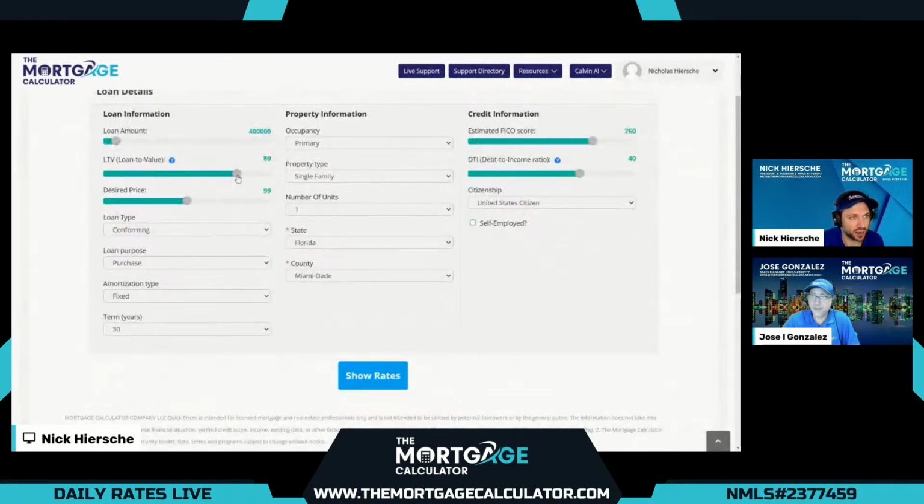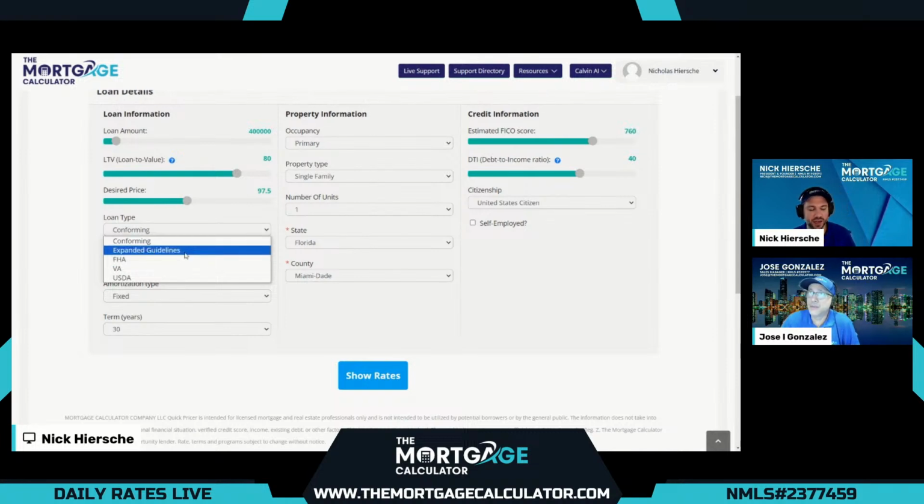So 400,000 loan amount, 80% loan to value, and we'll ask the computer to find the lowest rates we can offer for conforming conventional first, and we'll compare that to FHA, which is usually the second option most borrowers look at. And then we'll check out our expanded guidelines, also known as non-QM, where we have over 5,000 additional programs beyond the standard here. We also offer VA and USDA. VA is only for our eligible vets and active service members. If you are, just let us know. And we did do an episode on that the other day if you want to check out the programs we have. And USDA is only for eligible properties. If you are looking in those areas, just let us know. And we did do a show on that last week as well if you want to check out all the different programs we have.